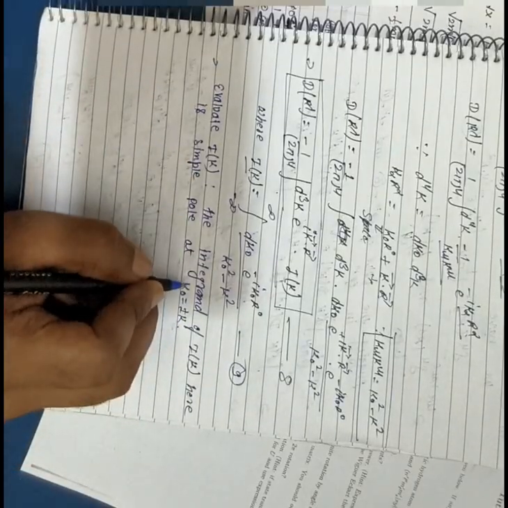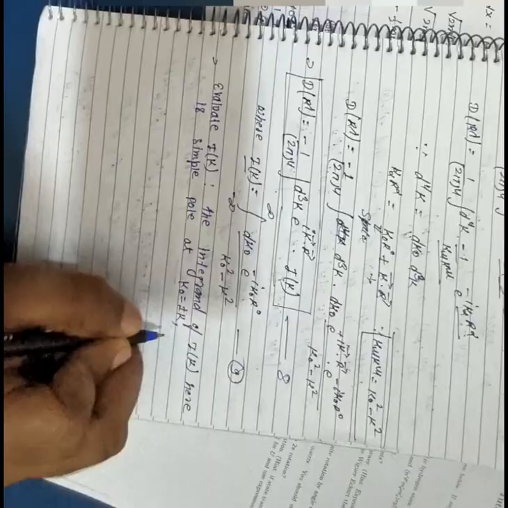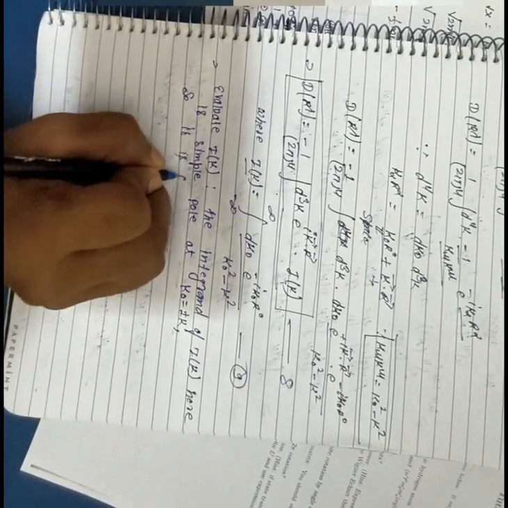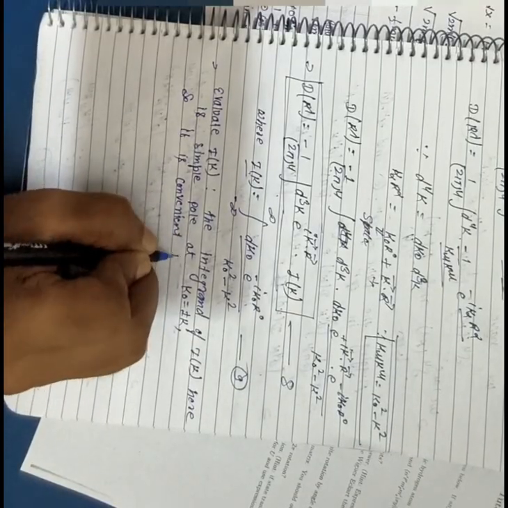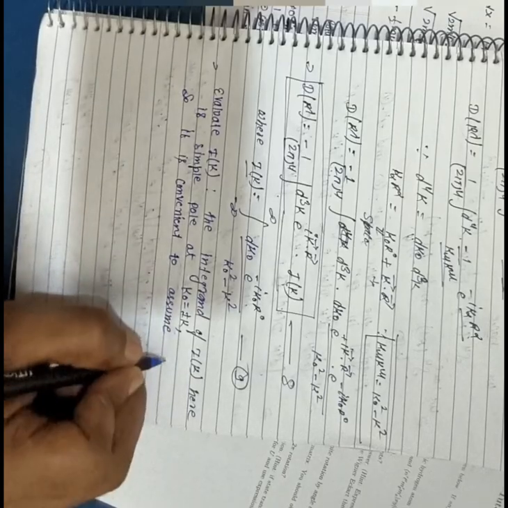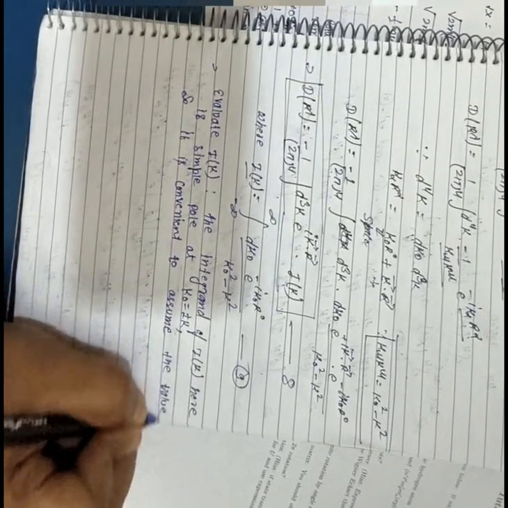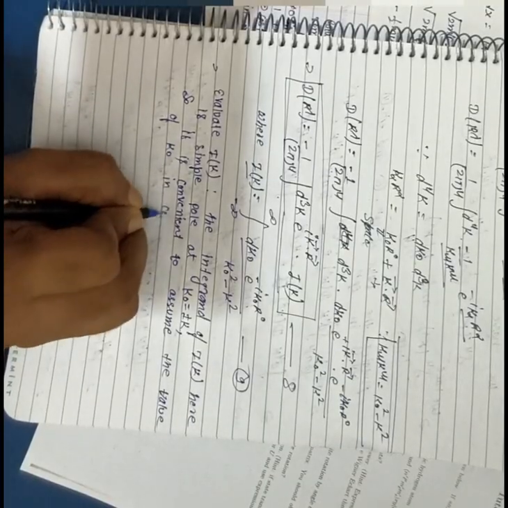Let's say the value of k₀ is complex valued, so it is convenient to assume the value of k₀ in complex,